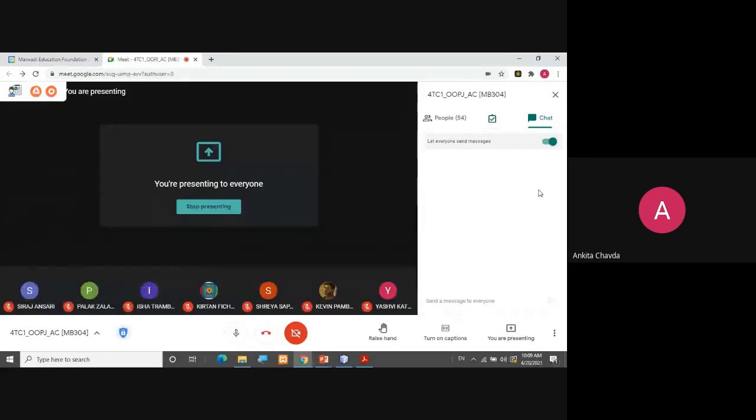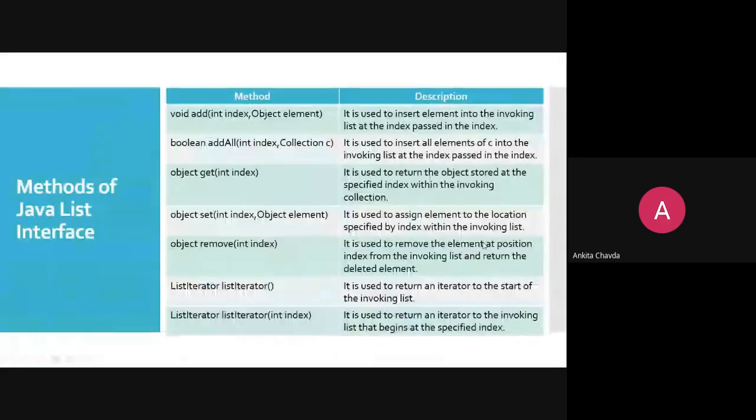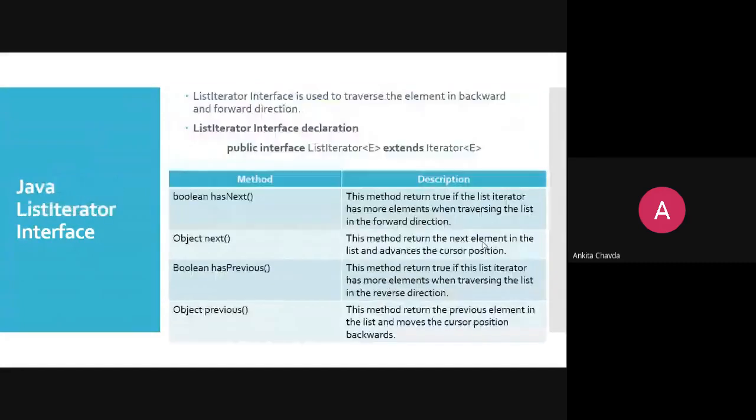An iterator is nothing but a kind of pointer, right? Which is pointing to the starting of your list. Why is it required? Because you wish to traverse it, right? You just want to traverse through all the elements of the class, and that is why you are using it. So you need to set it to the starting of your list, means you can set it to the 0th element. Right. So we'll see what the ListIterator interface is. That is our next topic.